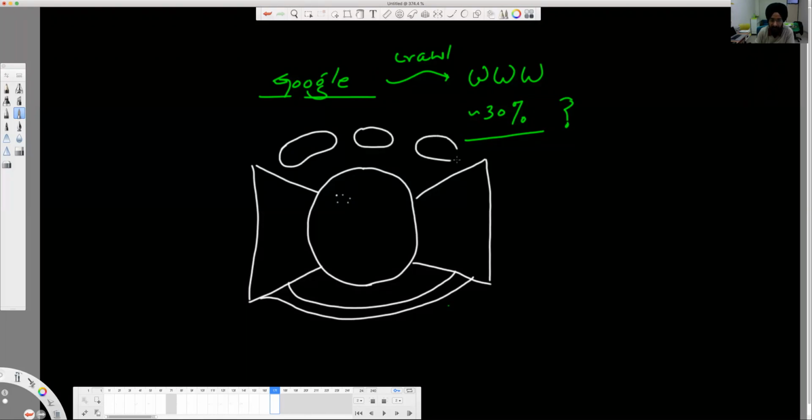Islands of websites which are not connected to this giant component. One thing, okay. It would still be possible that 80 to 90% are in the giant component, okay. But one thing is that there are websites which are not part of the giant component. Now Google has to start a search engine, a robot, okay, which will go to some website here, okay. Follow this, follow some path, right?